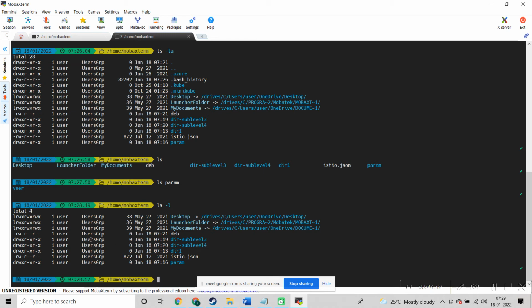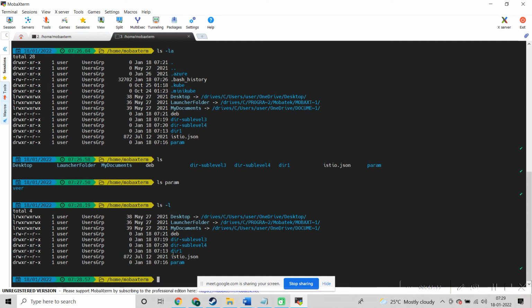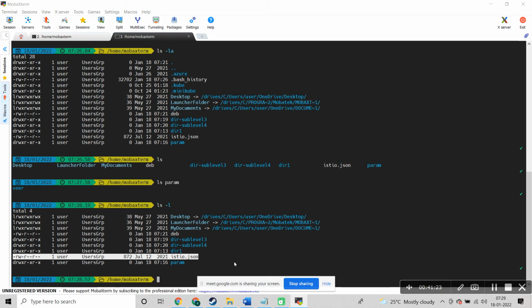With this, you will know at what time the files were created and what permissions are there. Permissions we will talk about later. As of now, just try to understand that these parameters will be shown. I'll take one class on this. That is important, and without that we cannot go ahead.